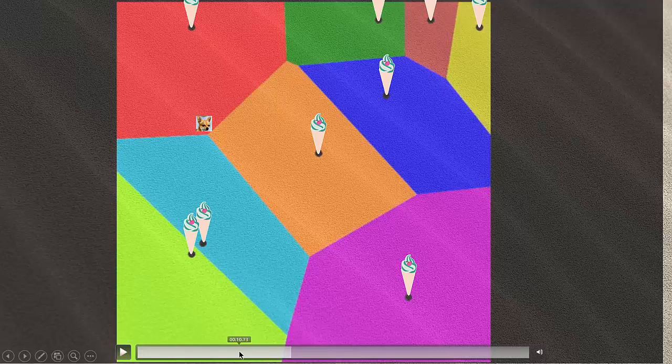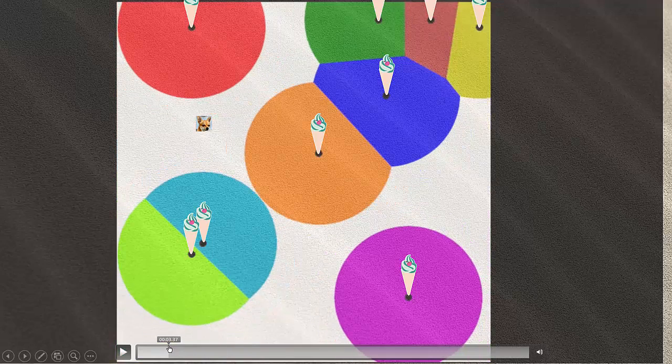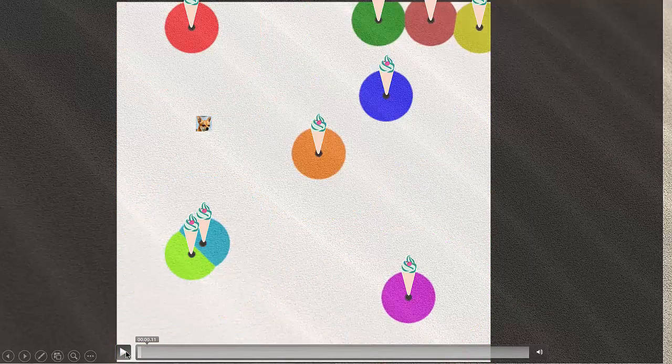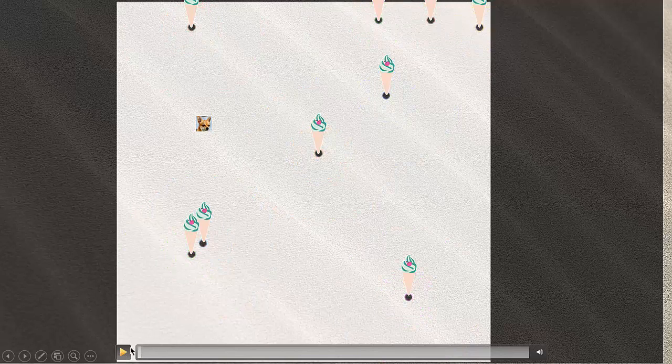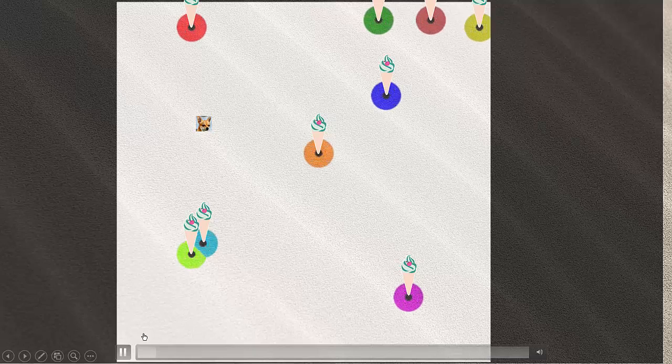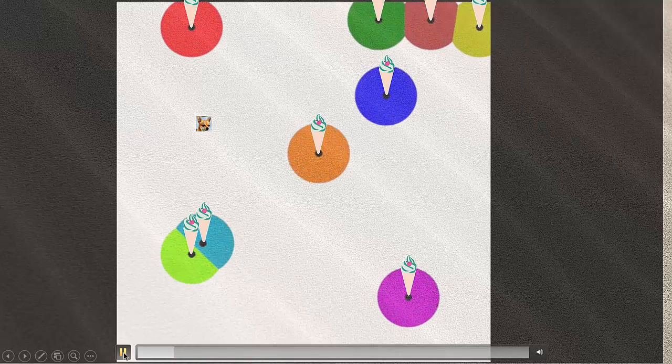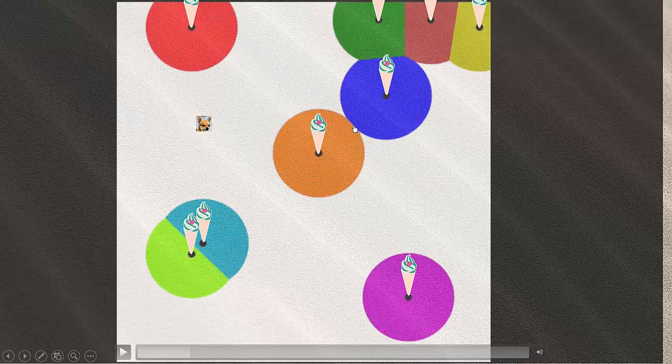So let's see this again. At first we were in this condition. After the smell spreads, it will be like this, and there comes a point when the smell of this ice cream stall reaches the smell spreading from this ice cream stall somewhere here. And afterwards what happens is